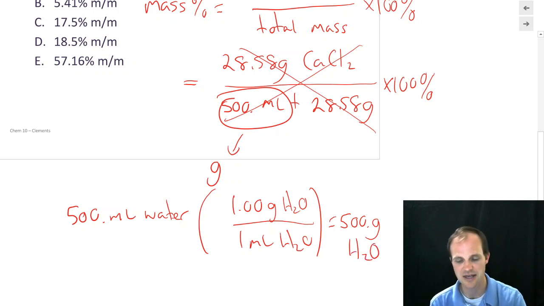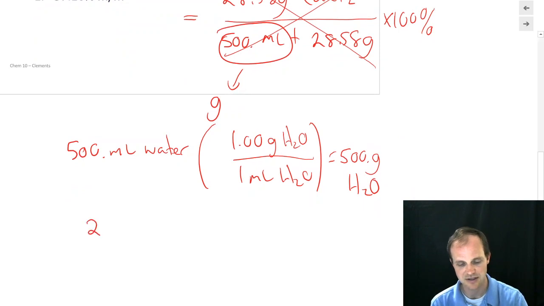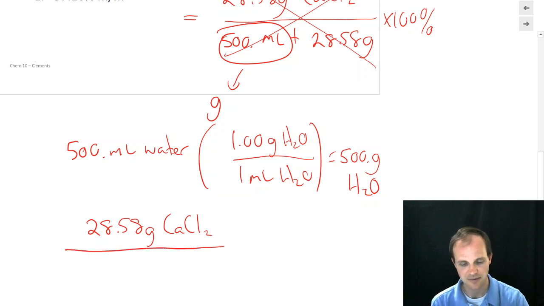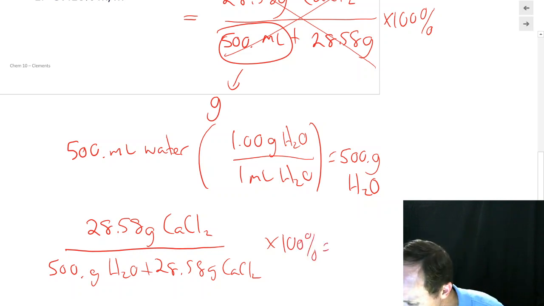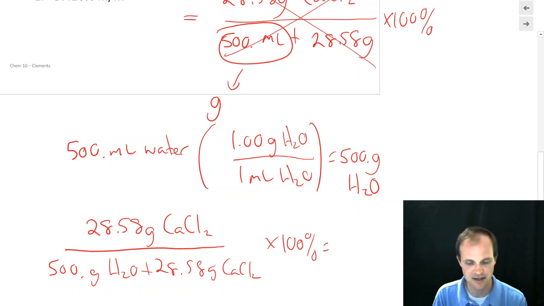And so we can use that equation, but it's going to look like this. That it's 28.58 grams of calcium chloride divided by 500 grams of water plus 28.58 grams of calcium chloride times 100%. And if you do all that one out, what do you get? You get a number that I didn't write down. And so 28.58 divided by 500 plus 28.58 times 100. And I put parentheses around the 500 plus the 28. I forgot to say it out loud. And you get